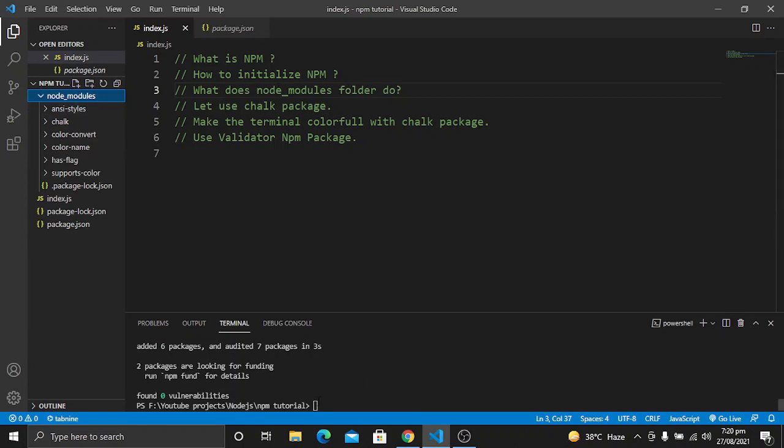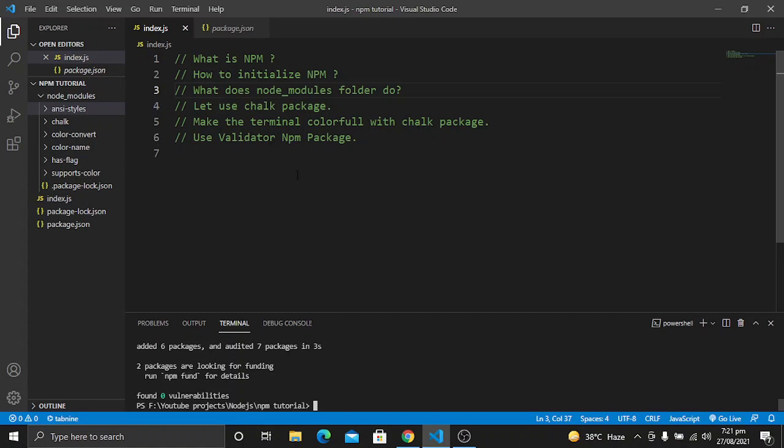As you see, we have installed this dependency, and all of the code in this dependency will be in this node_modules folder. As you can see, there are complete files of code. For example, the code written for the chalk package will be here.